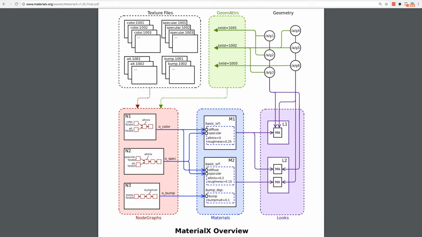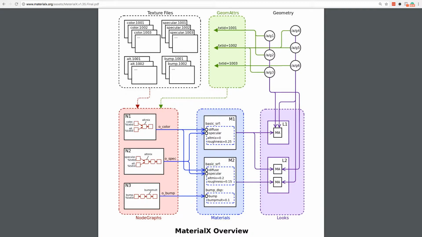It does not contain the steel. So that's kind of how it goes. And then these looks are assigned to geometry through some of the different nodes and associations, but basically it's the looks that get assigned to the geometry through something that they refer to as collections.